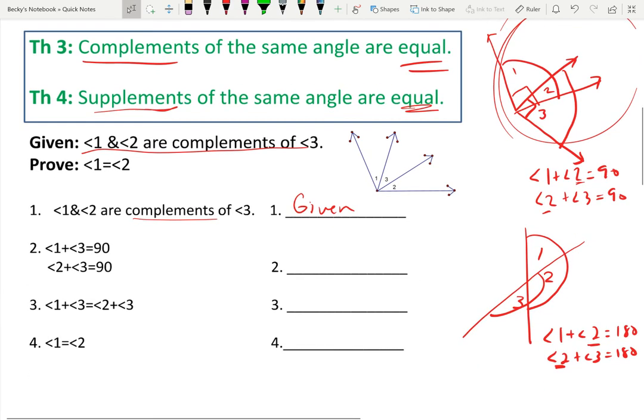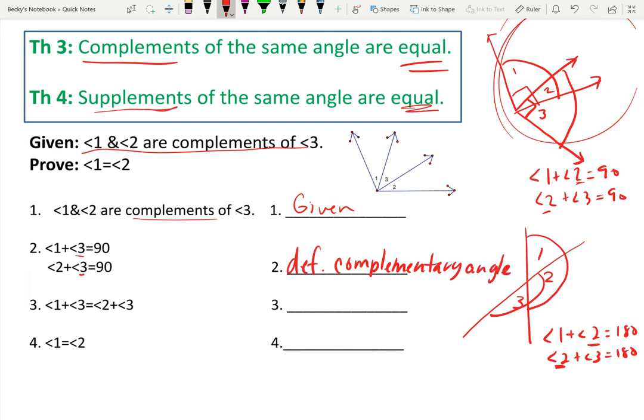And so I understand that we're dealing with complementary angles. What definition is helping me understand that I'm really just having two angles that add up to equal 90? I'm not using the theorem. I'm not saying angle 3 is equal to angle 3. I understand angle 3 is equal, but that's not what this problem is asking. It's saying, how do I know that these two angles equal 90? Well, because I understand the definition of complementary angles. And because I understand this definition and I understand what complements are, I understand that two angles add up to